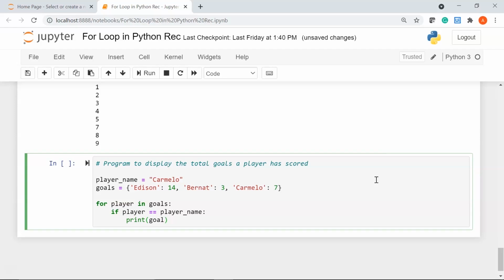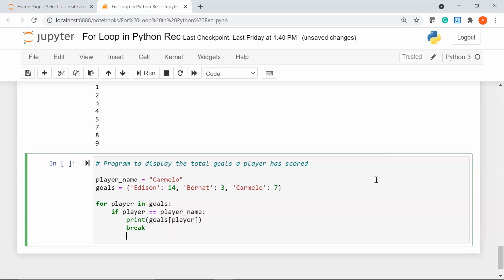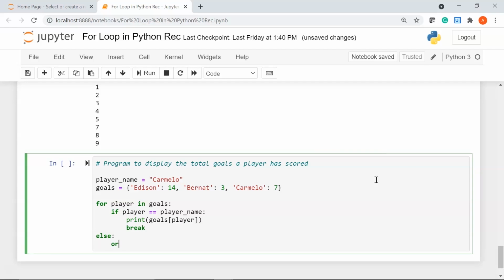So I'll pass my dictionary name, and within square brackets I'll say player. Let's use the break statement, and then I'll say else. Will print, my message would be no player with that name found.